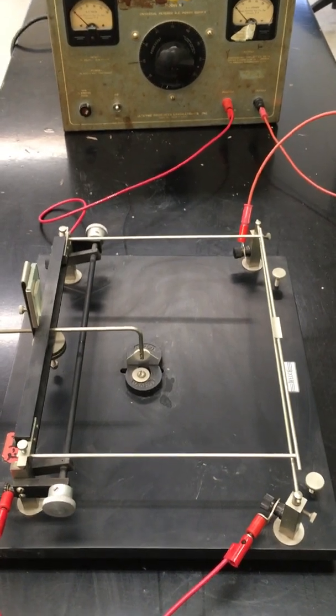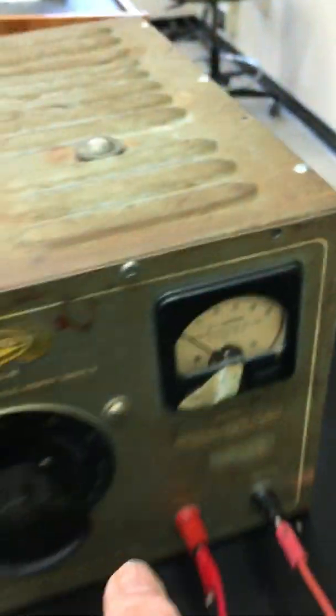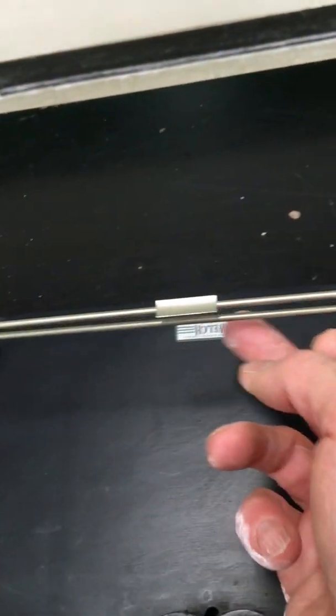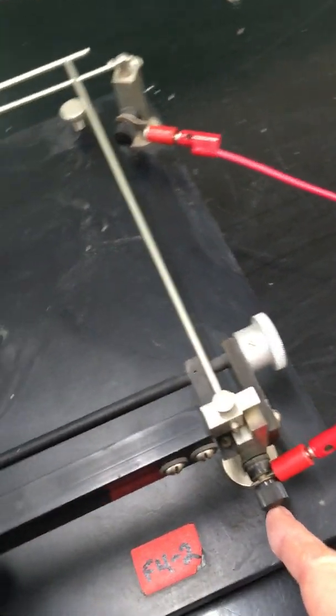This device is called a current balance. We have a power supply here, and if we look closely, we see that it goes all the way up to 25 amps. We need most of that. The current comes in and goes through the bottom of these two wires here. It goes through the bottom wire, comes out here, and then the wire comes around and enters here,